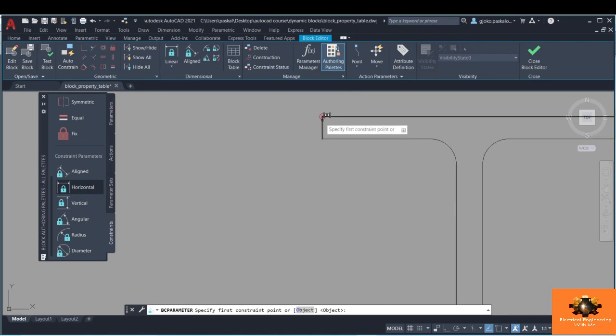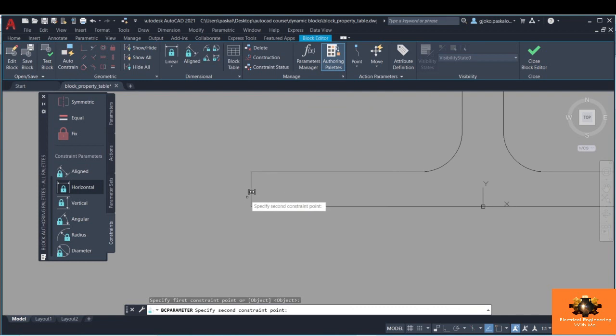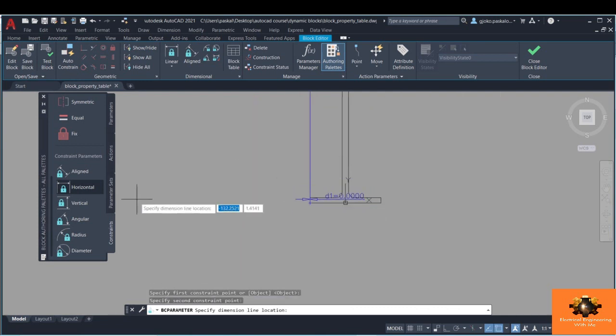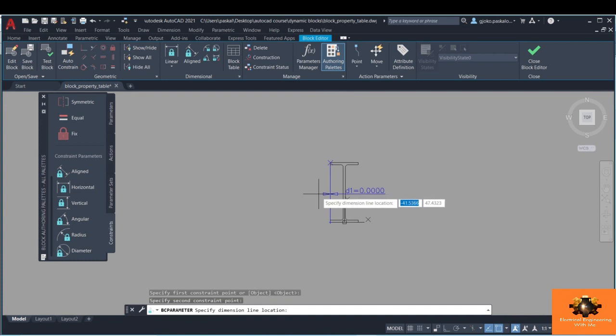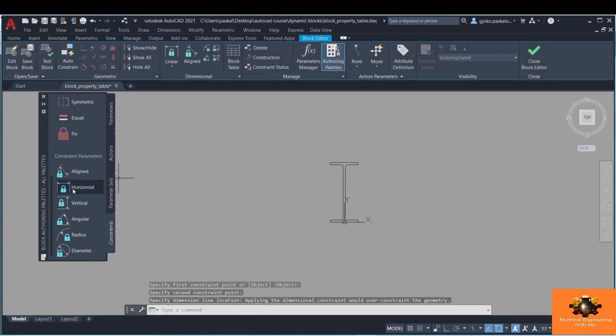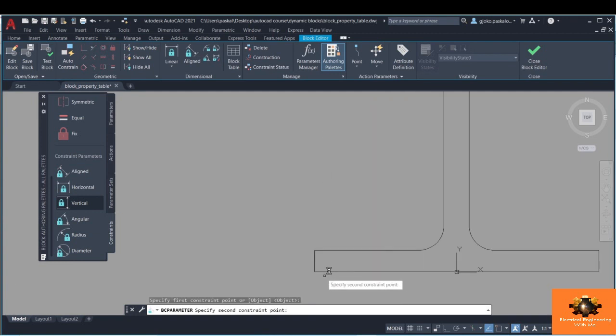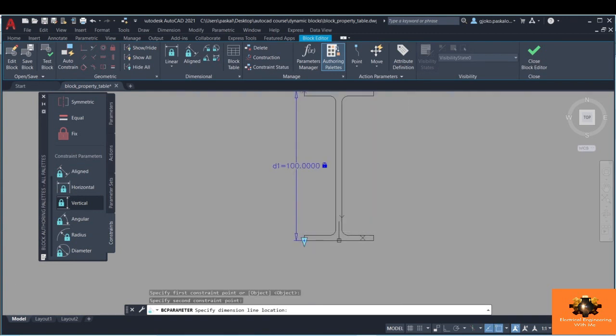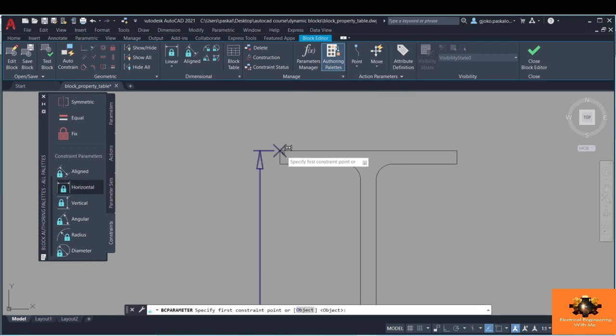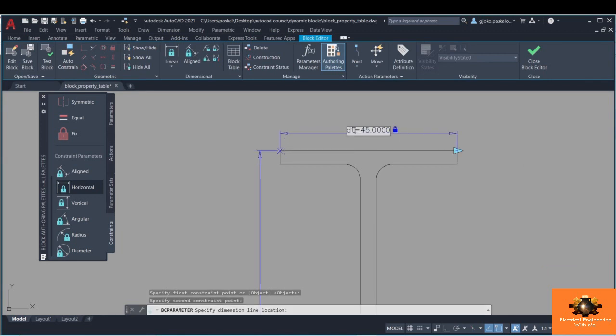Let me first assign this vertical dimension. Okay, something's wrong. Probably I used the wrong constraint. We should use this vertical constraint, and let me assign it once again. Okay, and I will call this dimension as D, and basically we will define dimensional constraints to all, let's say, all unique dimensions, and automatically the drawing will be modified because we applied